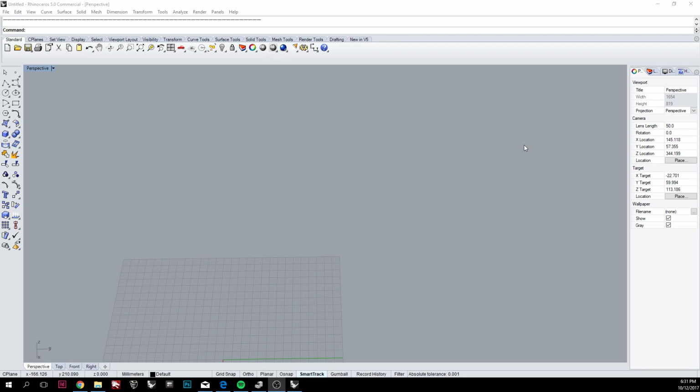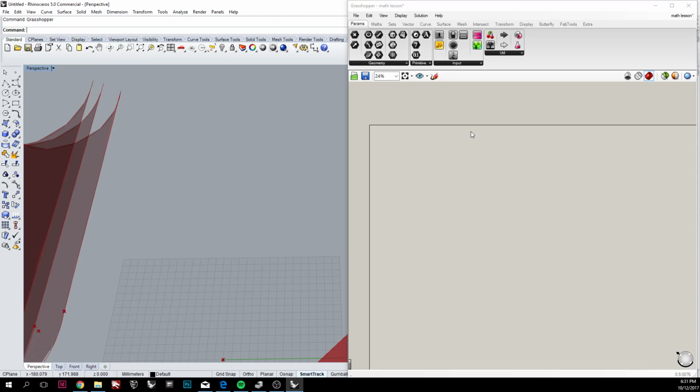So the first thing I want to teach you is how to open Grasshopper. It's very simple. Just type in Grasshopper. Usually if you have it installed, it will autocomplete. So just click enter and it will pop open. If this is your first time, there will be some license agreement and all that, and you can just